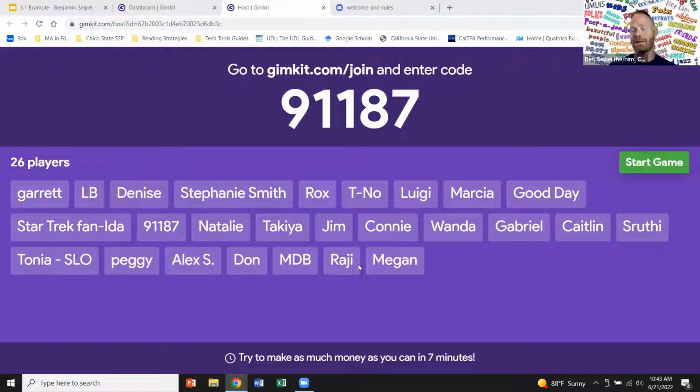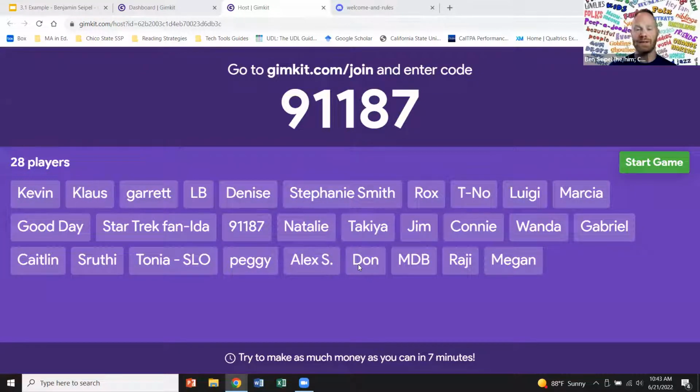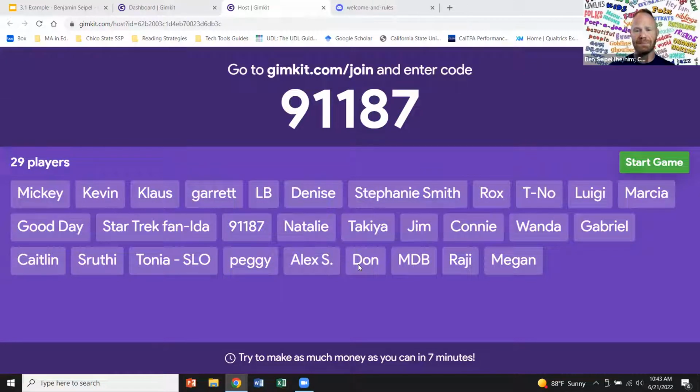So it can be very competitive, but you can also take away those boosts and those gaming tokens, so that way it can be more of a review. If you are logging in asynchronously, you can assign this as homework if you pay for the version, and this